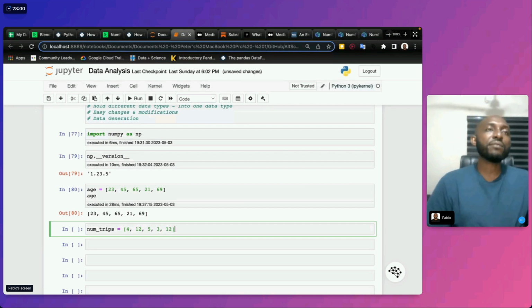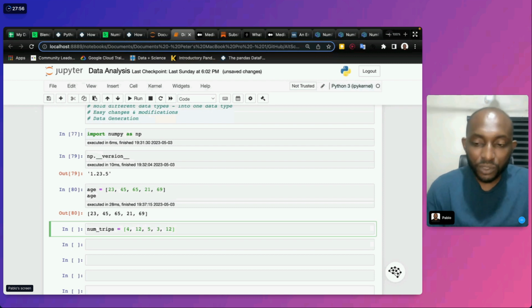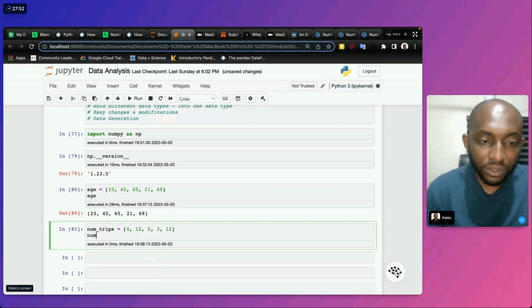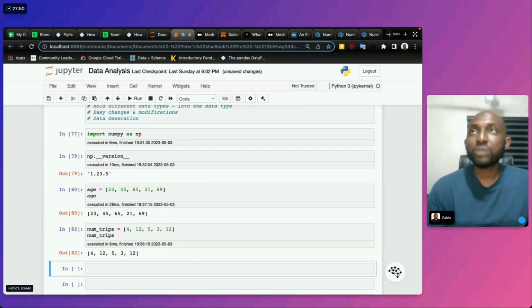And so we want to do a mathematical operation on these two things, especially on num_trips.